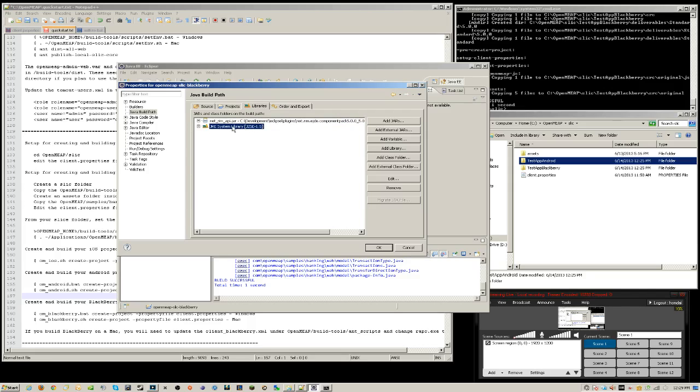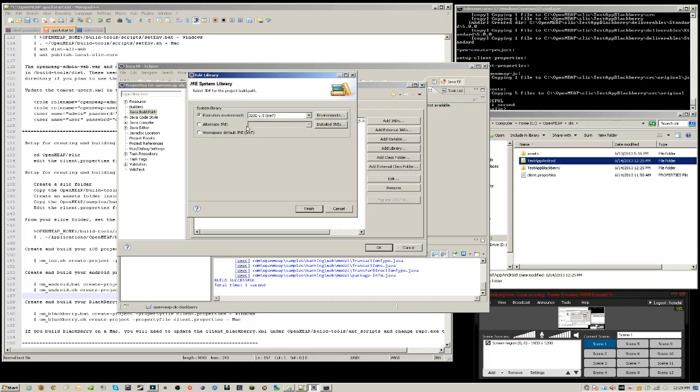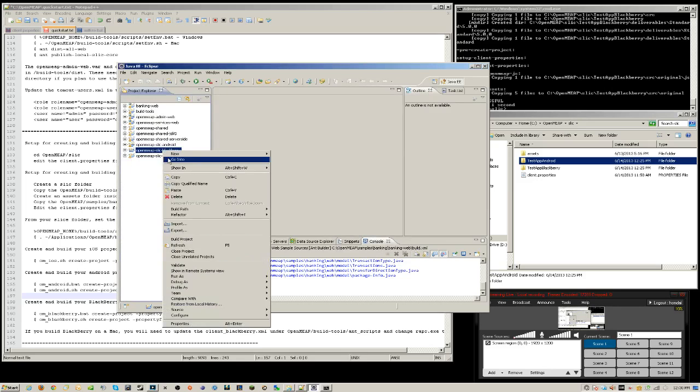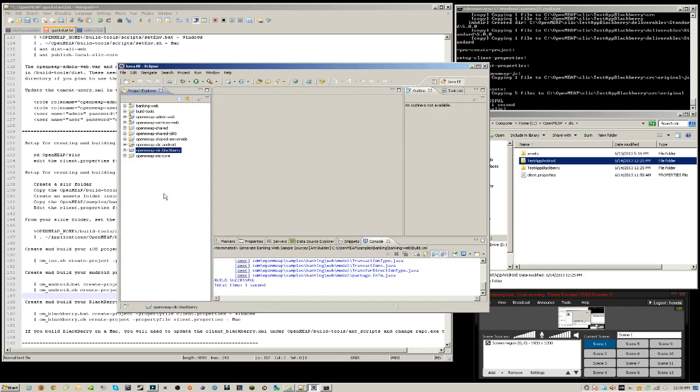The JRE system library, you're going to have to edit this, go and change the execution environment to J2SE 1.5. And then also for projects, you're going to want to add projects, and these projects are shared JDK 5 and Slick Core. These items are required. Once you're done with that and you hit OK, you should be able to go ahead and build the BlackBerry